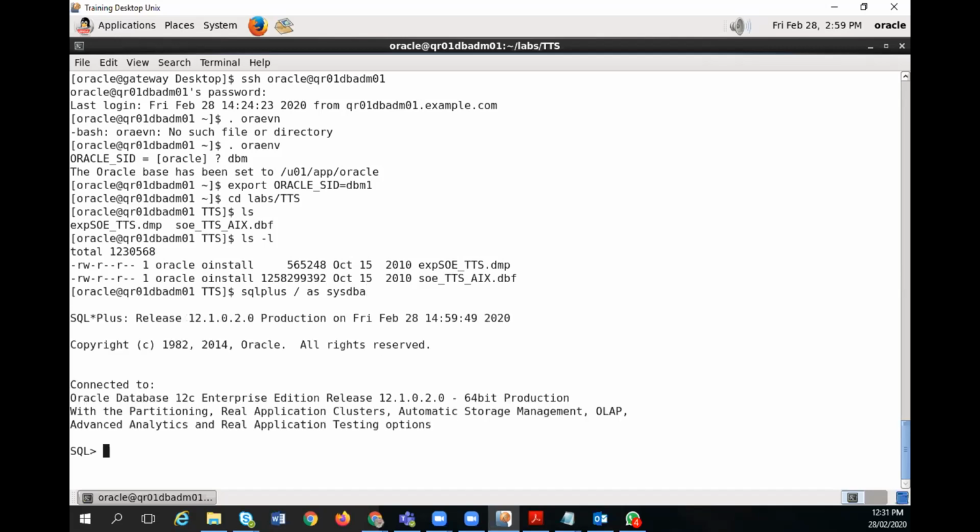Before that, on-premises, you have to take the backup, copy it here, keep it there, and then here what I'm going to do. Okay, I'm in a different lab, so let me give the full path for this case.